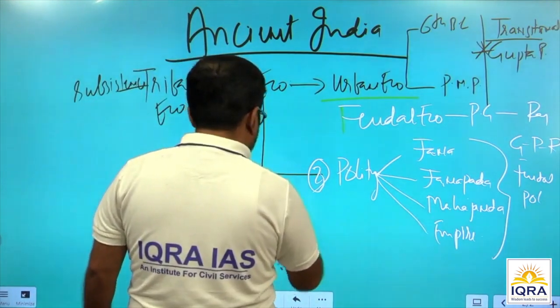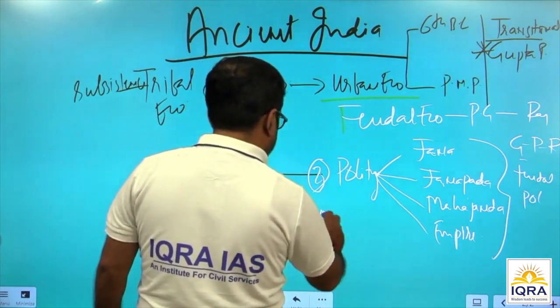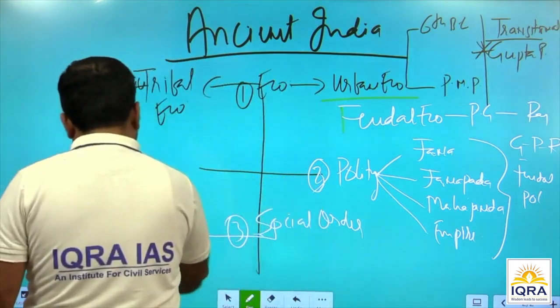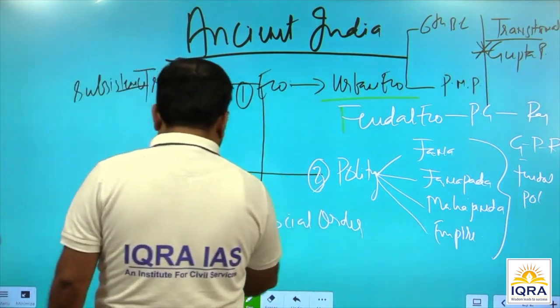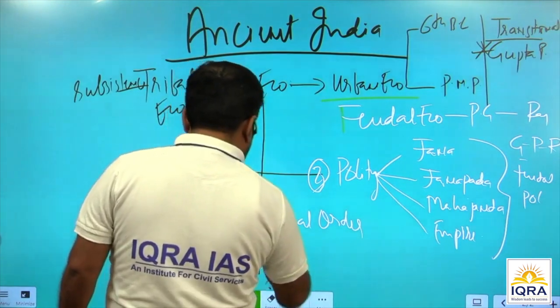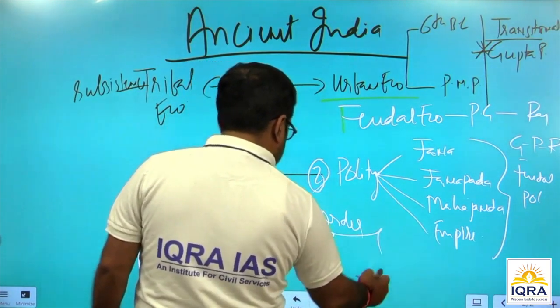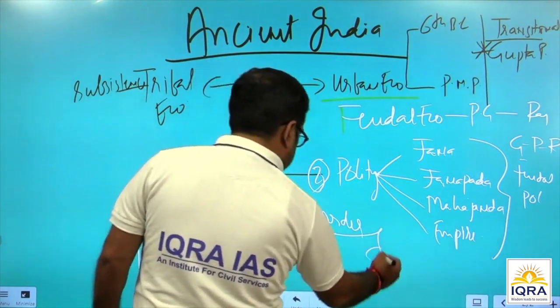the social order, Varna system, then position of women, then slavery, then untouchability, then caste system,